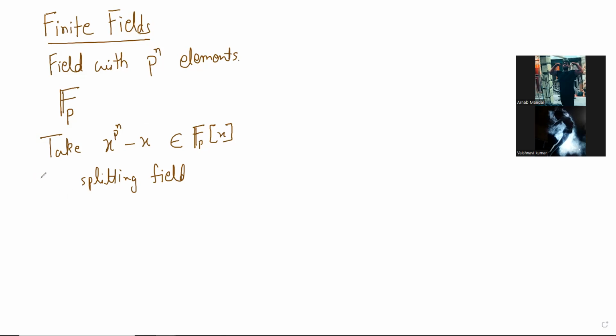So just take the splitting field. There is a reason I'm using the splitting field, because you can show they are all unique up to an isomorphism in a very strong sense. But anyways, I don't remember it. When I write, then I can remember. Splitting field of this, okay, say Fq,